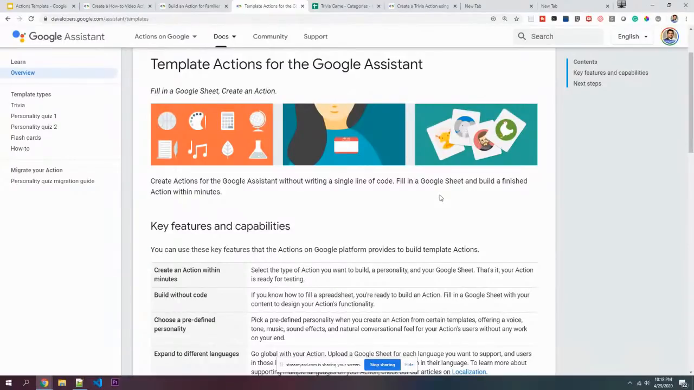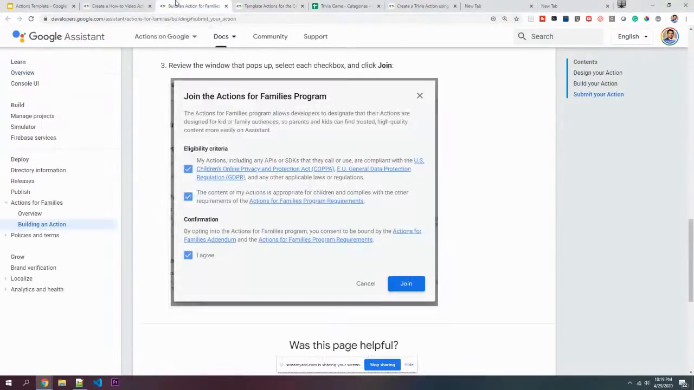Yes, so in today's session, we're not going to build or write any kind of code, but rather we'll be using a Google Sheet, editing the contents within it, saving it, and uploading that content onto the Actions on Google console. Once that is done, your action is already up and running. Okay, so you might ask, what's the benefit out of all this? I'll come back to that. So